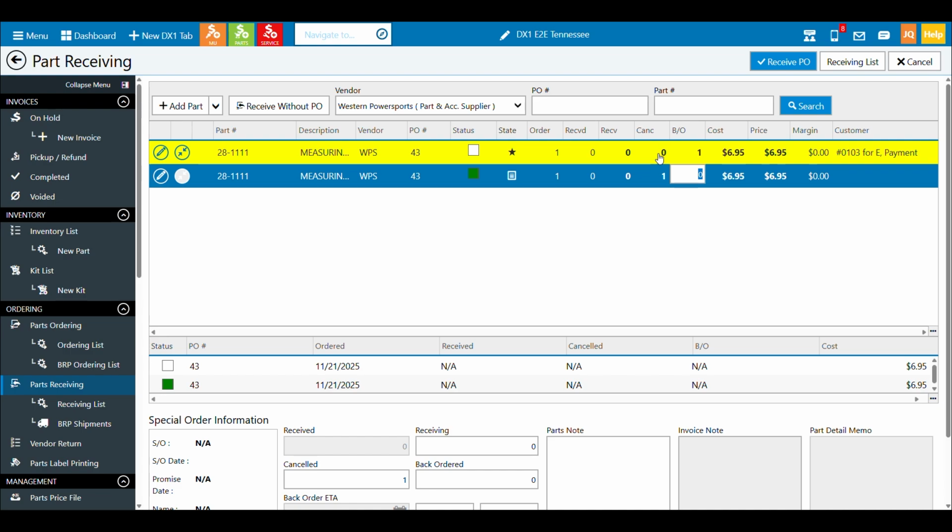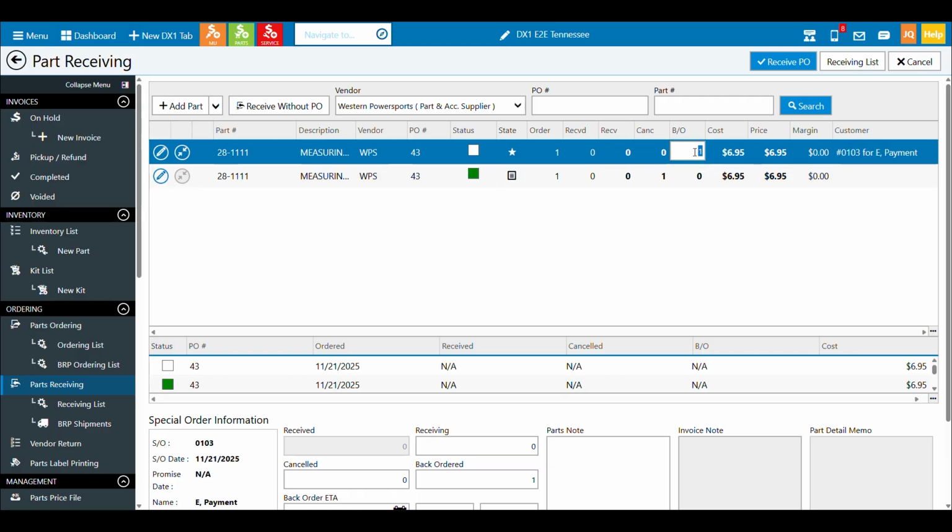To remove a part from this screen, the only way you can do it is by canceling it or receiving it properly. So if I had this part on a PO and they canceled it and I knew I wasn't going to get it, I could put cancel, and when we do that in this process in a second here, it will remove from the screen when I receive parts. So if the part is back ordered or comes off back order and the part shows back up, I can change the back order quantity to 0 and put it received 1.